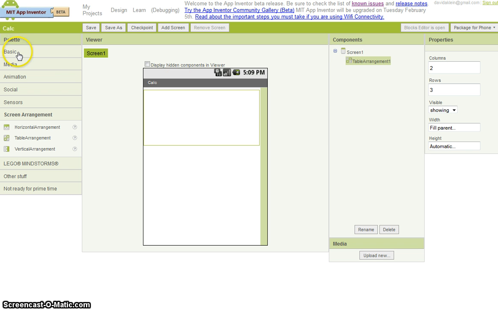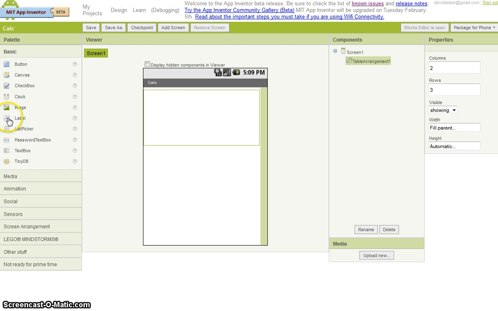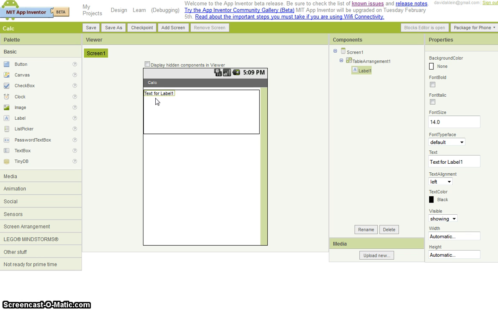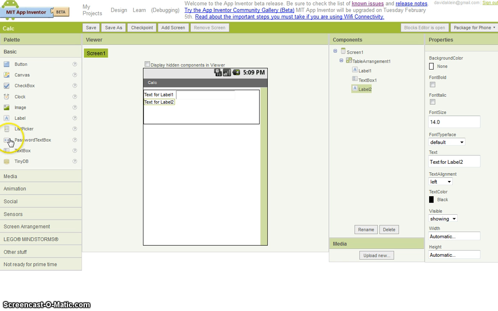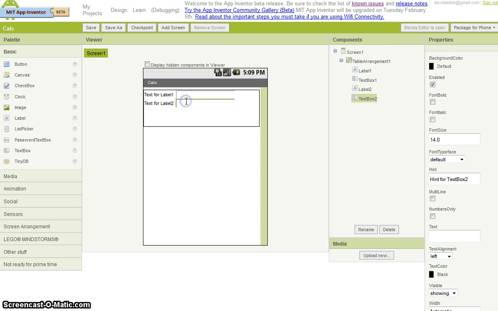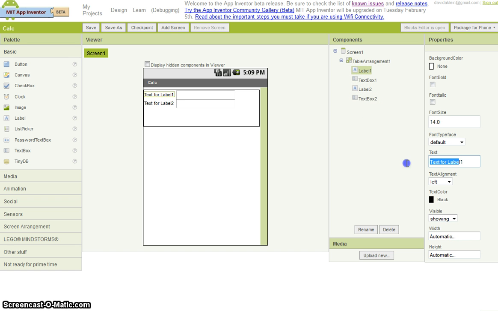What I'm going to do now is fill that with a label on the left, here you go, and a text box next to it. There you go. Now, it turns out that the way App Inventor works, it lists the items in the order they were created. So I'm just going to pause the video here to change and type in all the labels, something like this. Number 1,